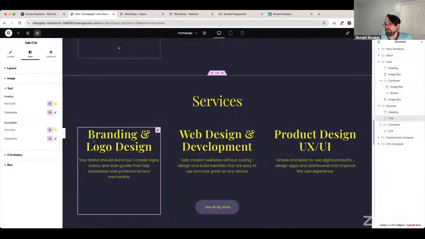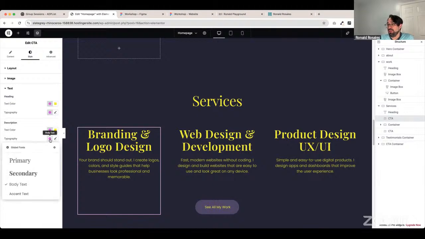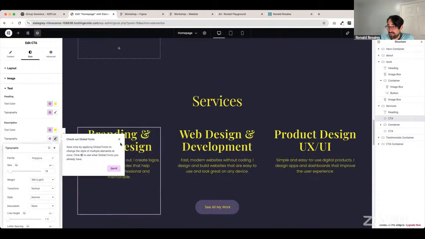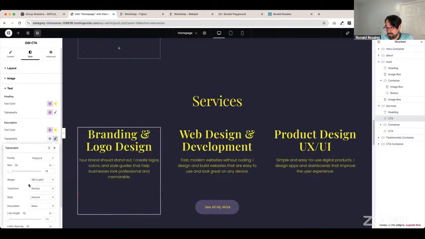So if you want to, let's say that you want to create a new style of typography, you can headline and description. You can go here to the global. You can hit the pencil here, so you can edit this font to be,